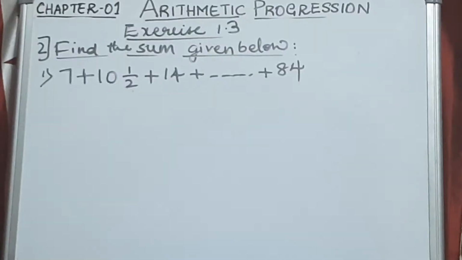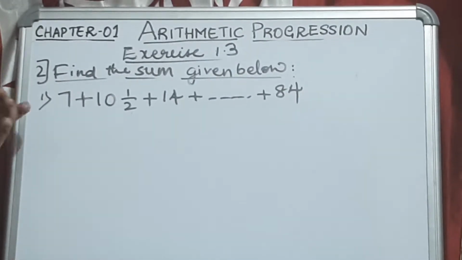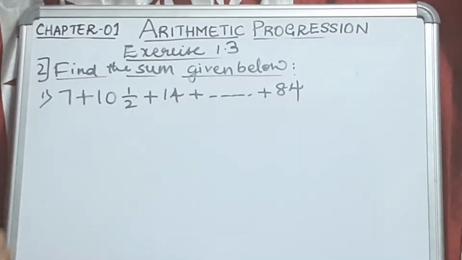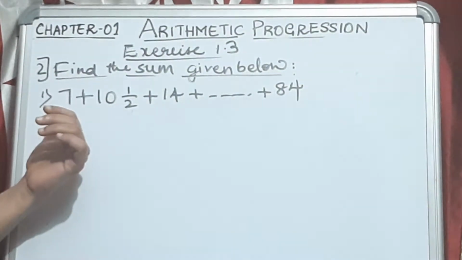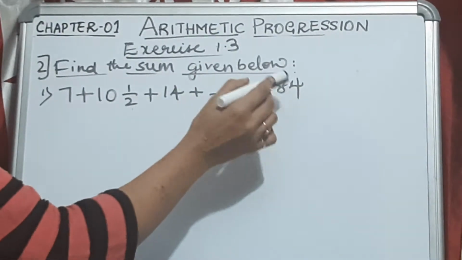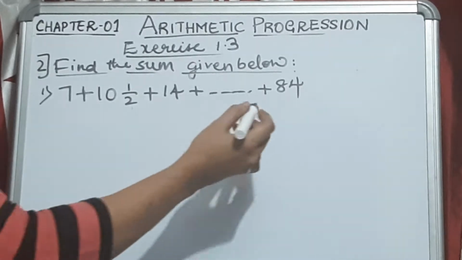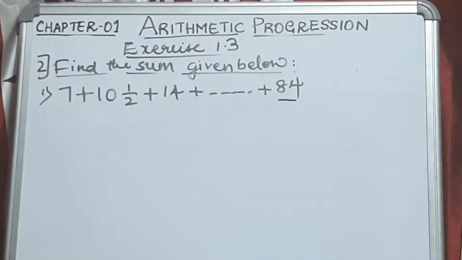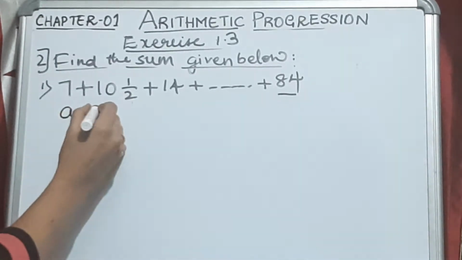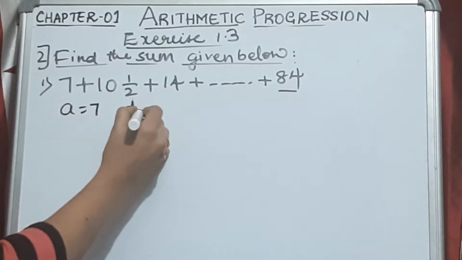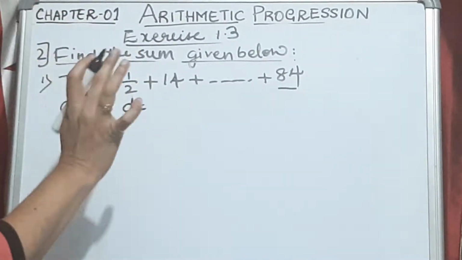Okay student, see, this is another question in exercise 1.3, second main question. Find the sum. Again we have to find out Sn. But here a finite AP is given. This is an arithmetic progression. It is finite, with 84 terms. 84 is the last number given, but we have to take this as L. Now A is 7, and D is equal to this minus this. If a plus is there, don't worry, we have to subtract only.